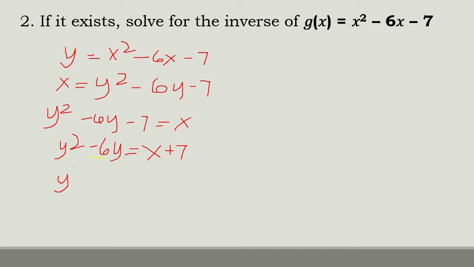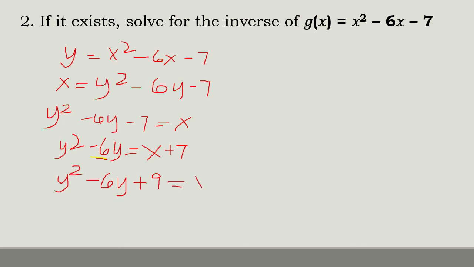So y squared minus 6y plus 9. So saan na galing yung 9? Yung 9 ay galing, kasi ang gamitin natin ay completing the square, since ito ay quadratic. So, completing the square, ibig sabihin nun, kunin natin yung kalahati ng 6, tapos yung kalahati ng 6 ay square natin. So, yung makukuha natin square ng 3 na kalahati ng 6, yun ang a-add natin dito sa both sides